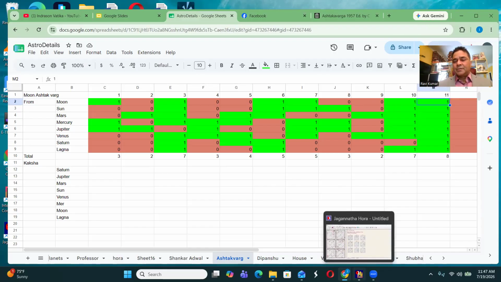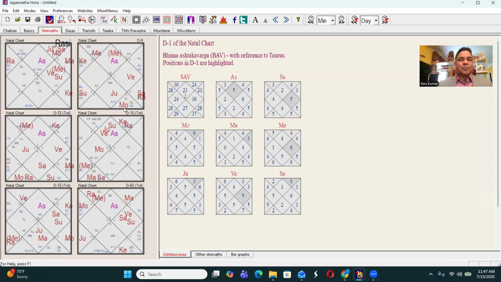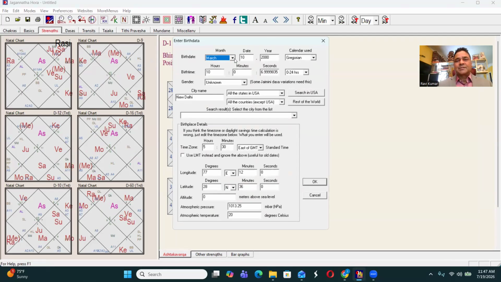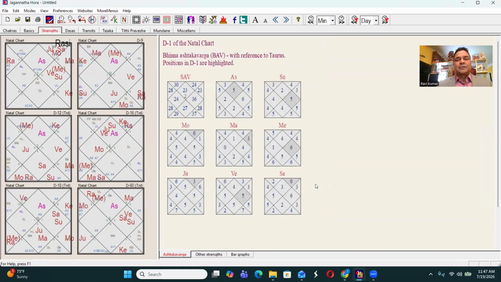Let me take an example of a horoscope. I'll just go with any horoscope. Say, anybody born on March 10th, 2000, at 10 o'clock in the morning, in New Delhi. Here you can see in the Moon Ashtakavarga, the Moon is receiving 6 points here, then 4, 4, 4, 5, 4, 4.